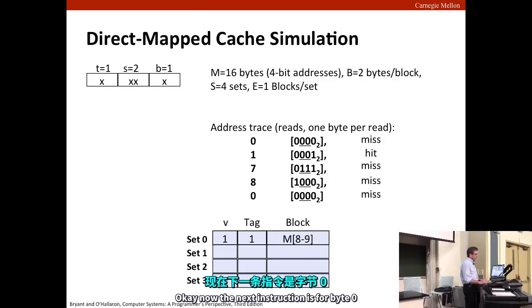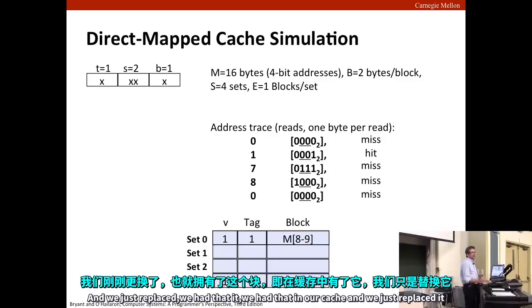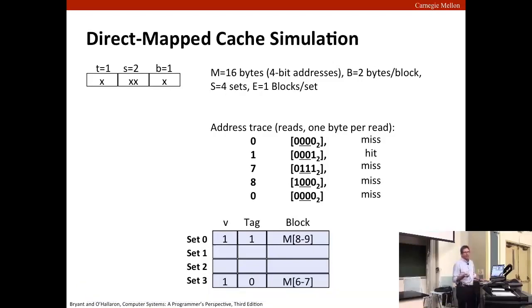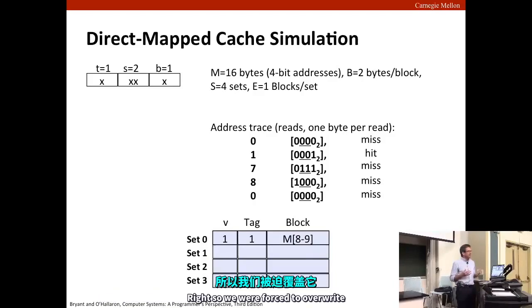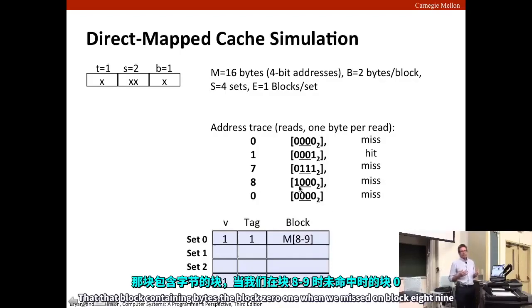Okay, now the next instruction is for byte 0. We had that in our cache, and we just replaced it. So it's another miss. That's unfortunate. The only reason we missed it is because we've got just 1 line per set. We were forced to overwrite the block containing bytes 0 and 1